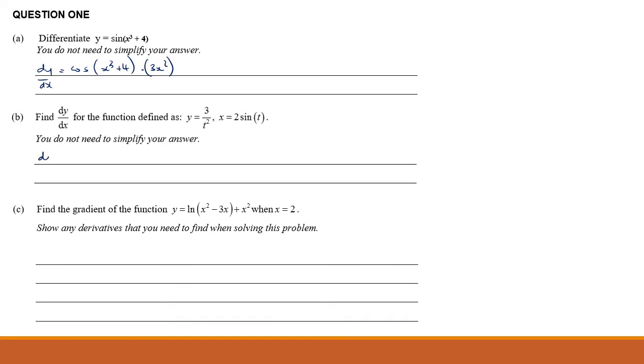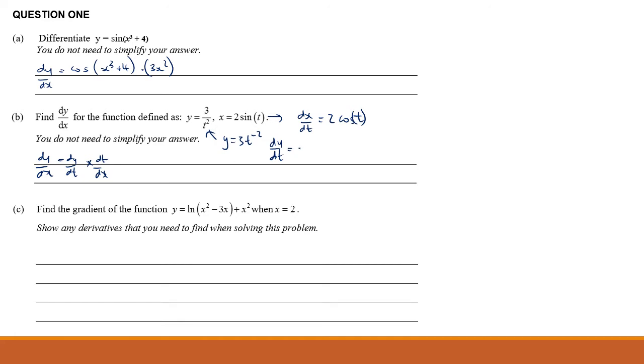Dy by dx here is, well, that's a parametric equation, isn't it? So dy by dx is dy over dt times by dt over dx. So from here, dx by dt, again, sine goes to cos, so it's 2 cos t. From there, I find it easier to talk about 3t to the negative 2. So dy by dt, make sure you got that looks right,